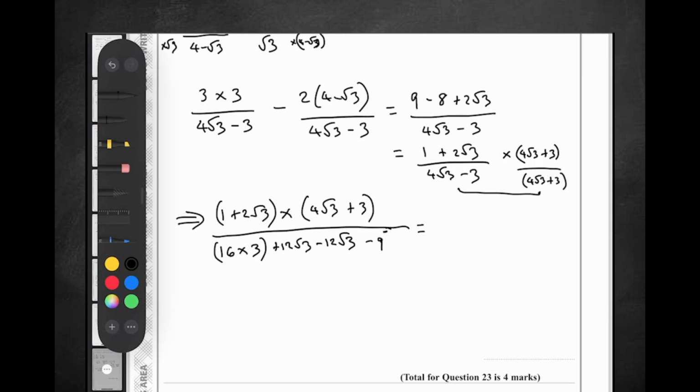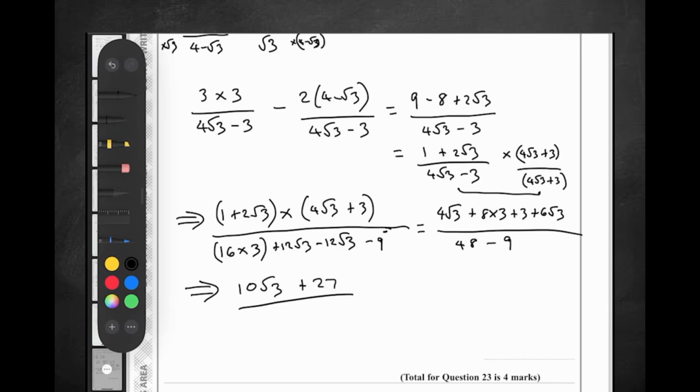I'll now look at the top at the same time. So 1 times 4 root 3 is 4 root 3. 2 root 3 times 4 root 3 is going to be 8 times 3. 1 times 3 is 3. And 3 times 2 root 3 is 6 root 3. And the bottom is going to be 48 minus 9. Simplify this out a bit, we're going to get 10 root 3 plus 27 over 39,